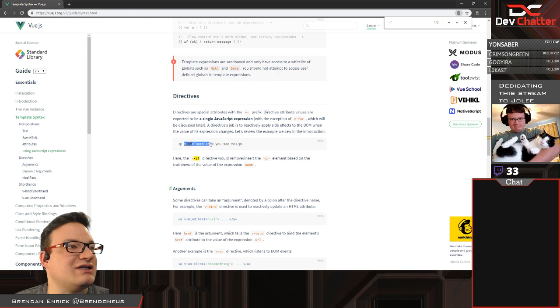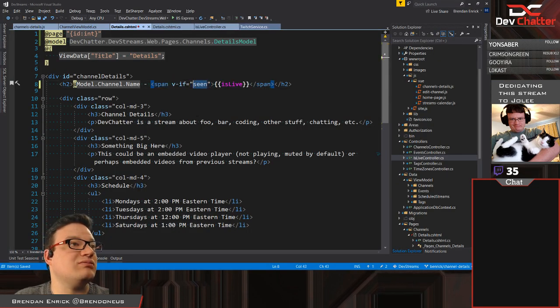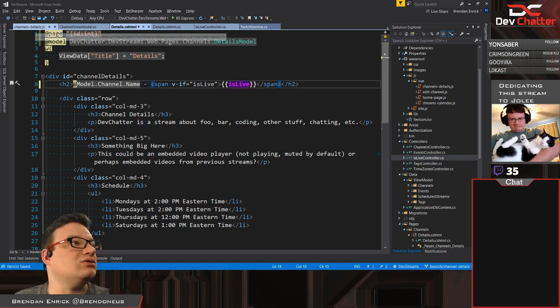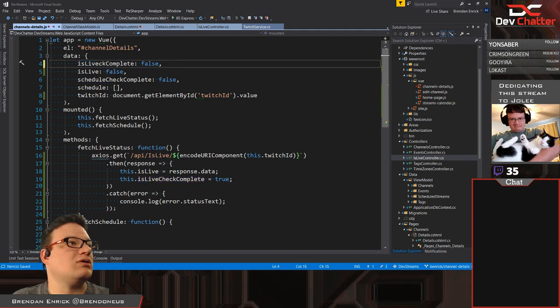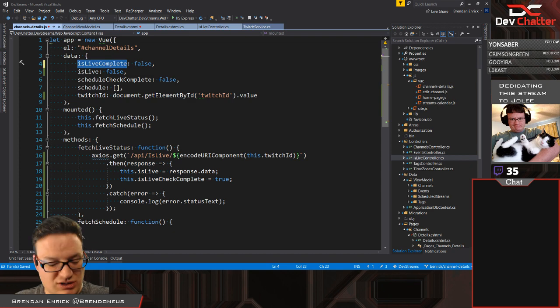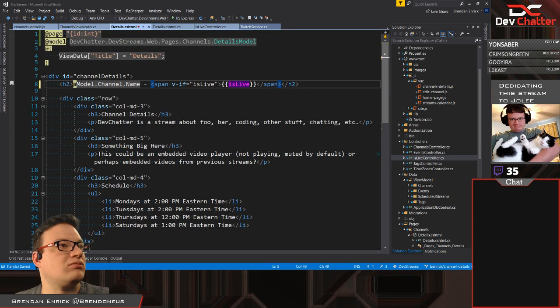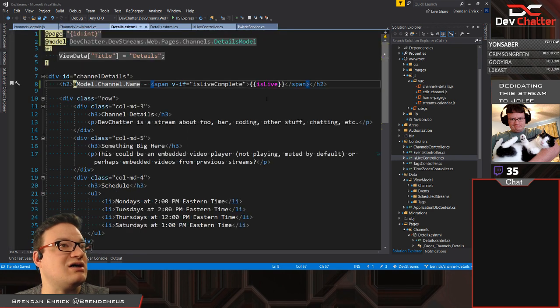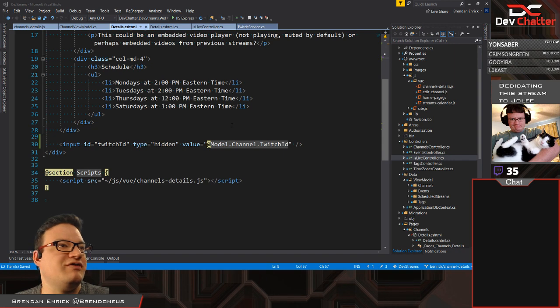So v-if and then my Boolean value. So we're gonna do this one. Change it to that. If that, display this, and then the value we want to display is live. There we go. Perfect.